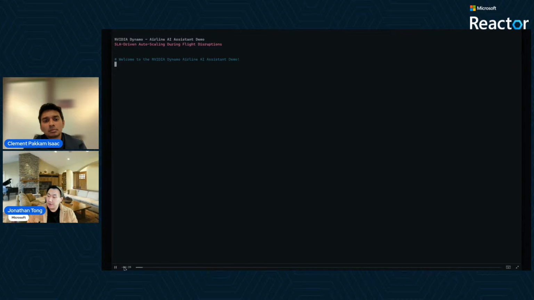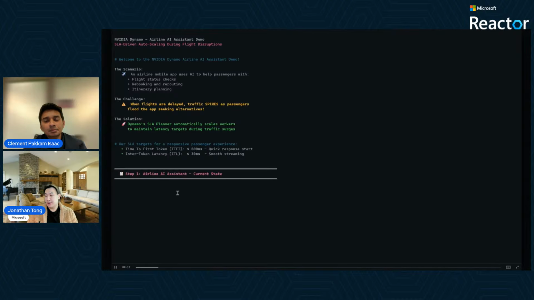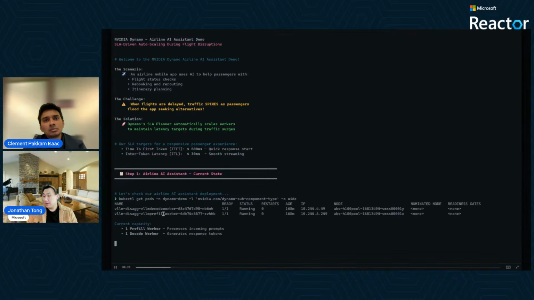So once you have your model deployed, we can show the planner. This is an airline mobile app with an AI assistant to help you deal with flight status checks, rerouting, booking, itinerary planning. Our goal is to maintain the SLA for quick response start and smooth response generation. The current state is that once we have our model deployed and there's not much traffic, it'll scale down to just one prefill